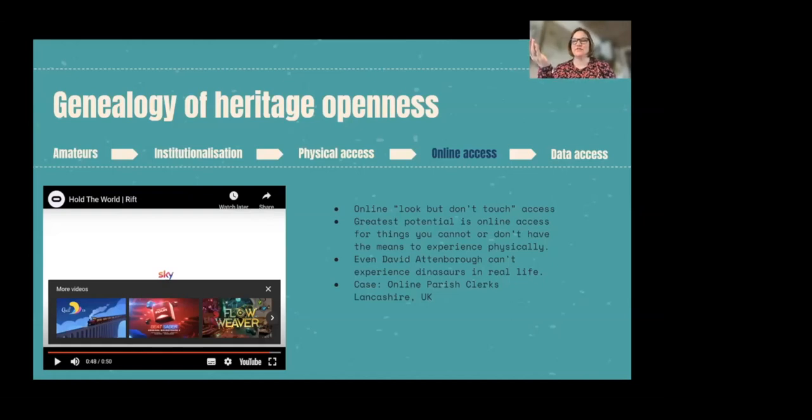For example, an Iron Age village. We need a different way of experiencing an Iron Age village if we can't experience this physically. So the case that I've chosen to use in the book is one of the online parish clocks in Lancashire in the UK. They've simply transcribed a bunch of old parish records, so the church's records of births, deaths, and marriages. They've transcribed them and put them into a digital format so that anyone on the internet can have access to searching and finding their